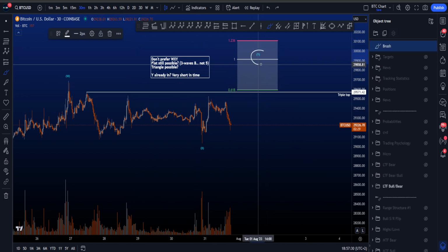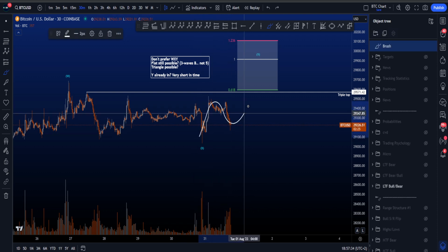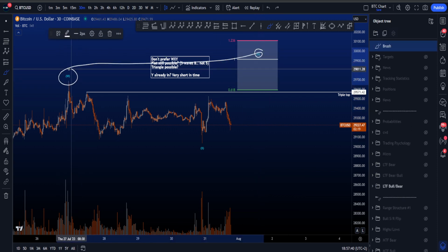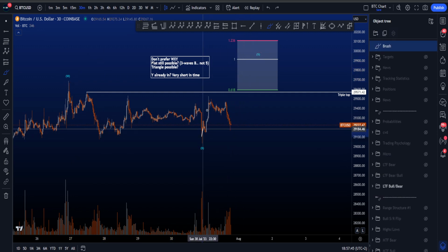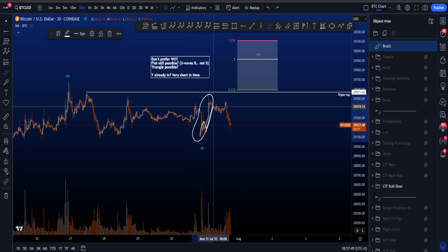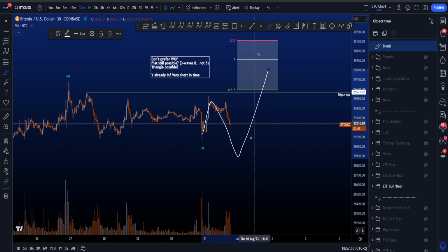First of all, if we are looking for a wave Y to the upside, then in this scenario, you never want to see really a WXY, which is a 3-3 and another 3 wave structure. As in a wave Y, as well as a wave W, you prefer to see simple corrective structures, meaning a zigzag in a 5-3-5, which is already invalidated, as this over here is a 3-wave structure and this retraced too deep for a wave 4, either a flat in a 3-3 and then a 5-wave move,